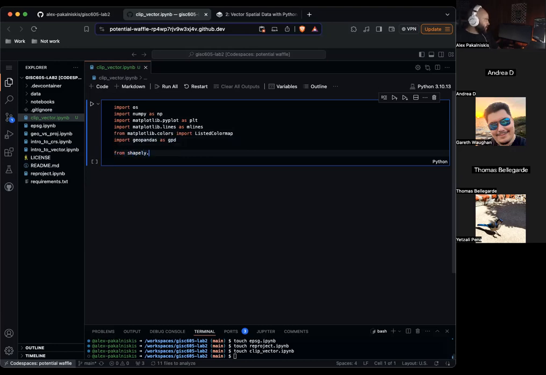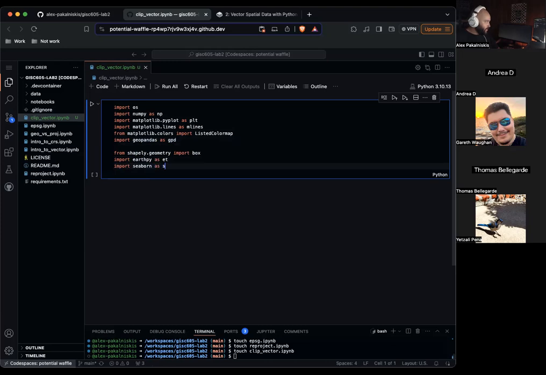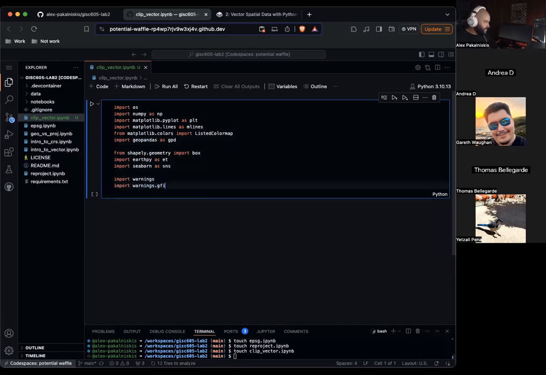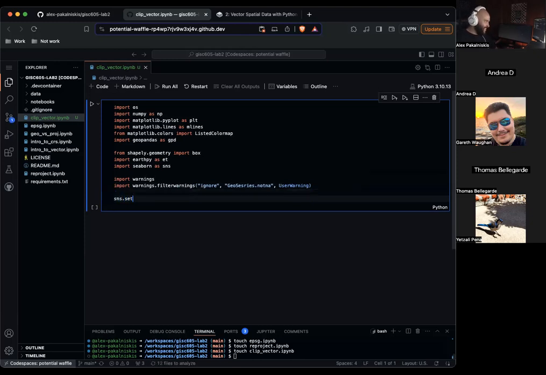From shapely.geometry import box, import earthpy as et, import seaborn as sns, import warnings. warnings.filterwarnings ignore, GeoSeries.notna UserWarning. It's just basically ignoring some warnings about missing data. We'll learn how to handle missing data a bit later today. Font scale equals 1.5.